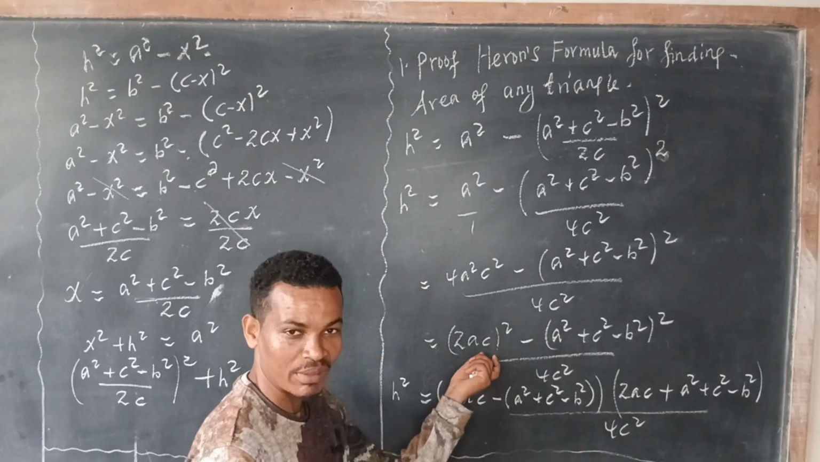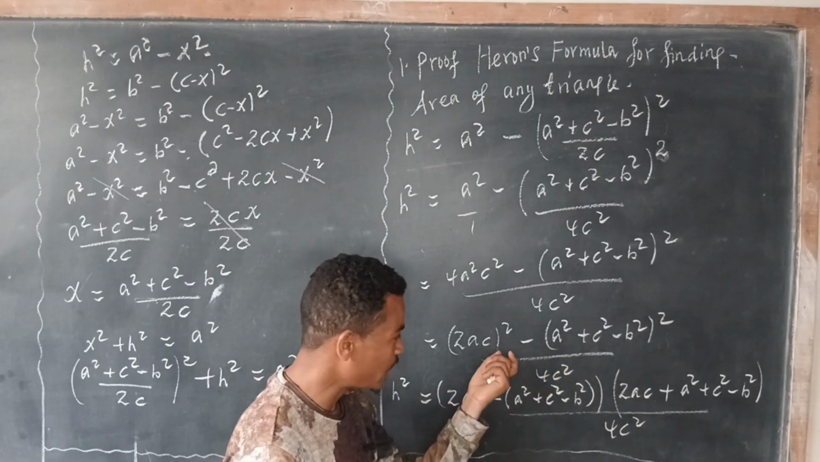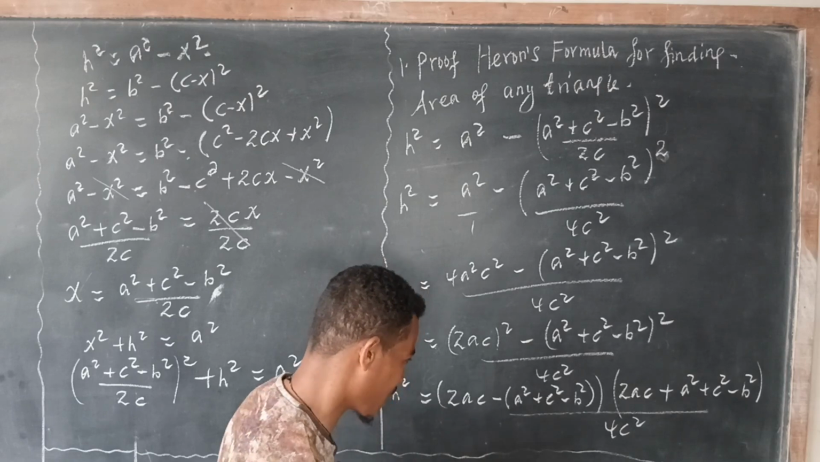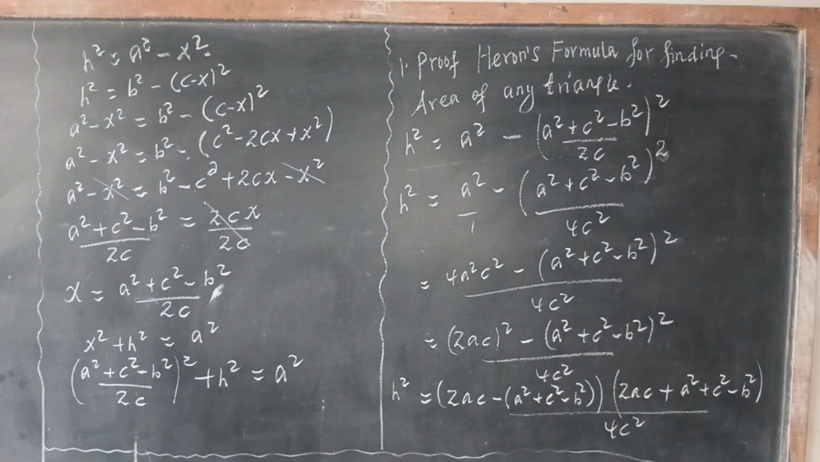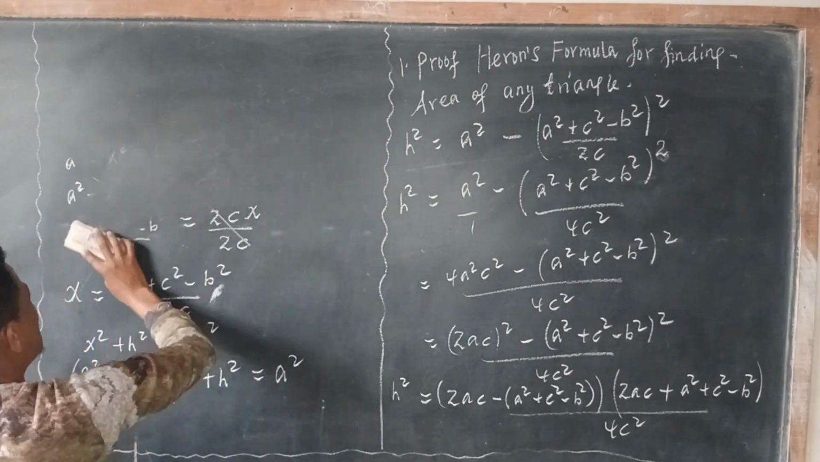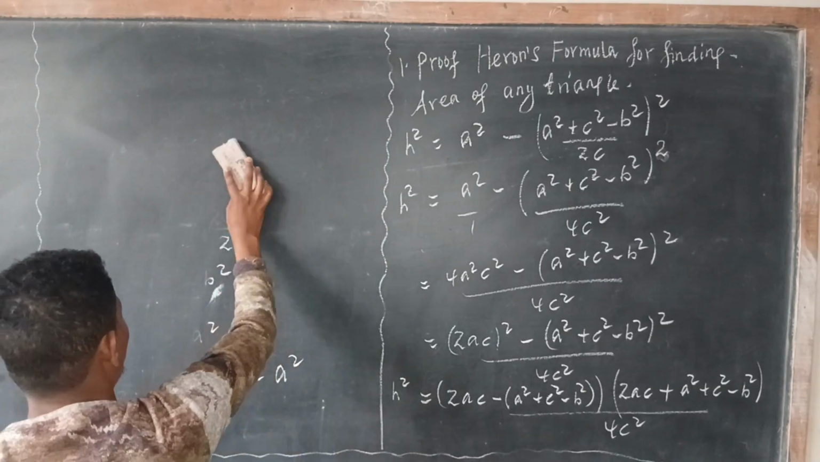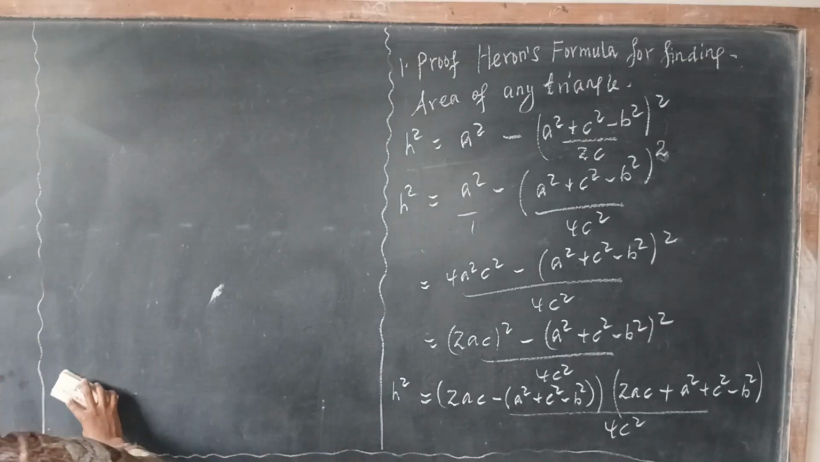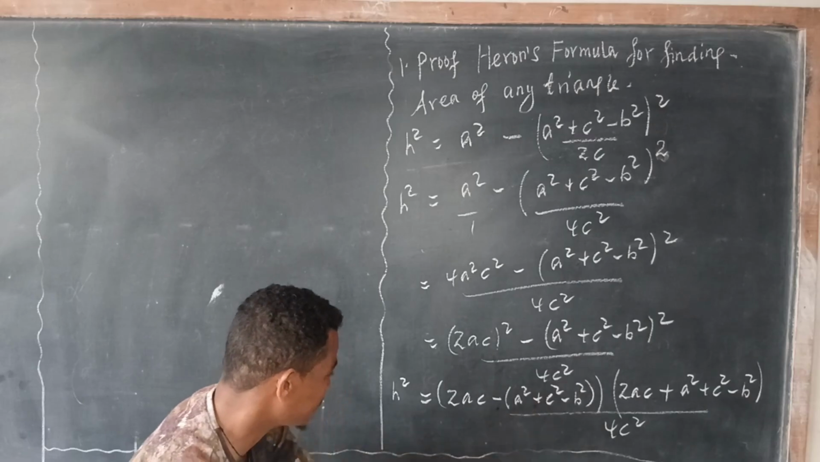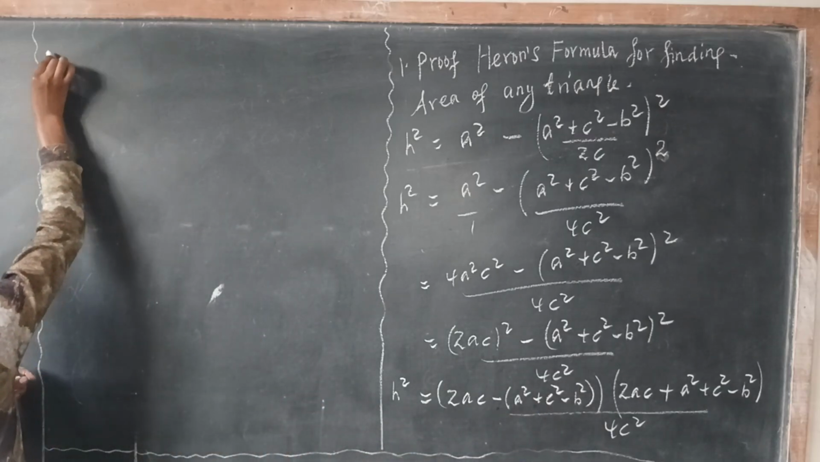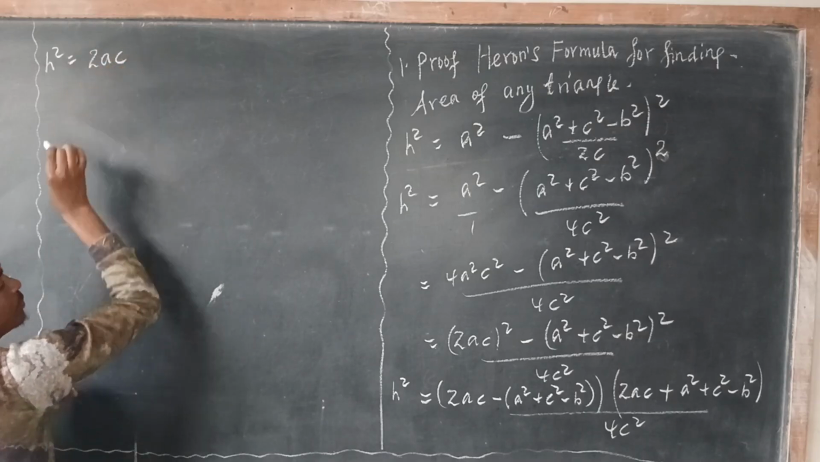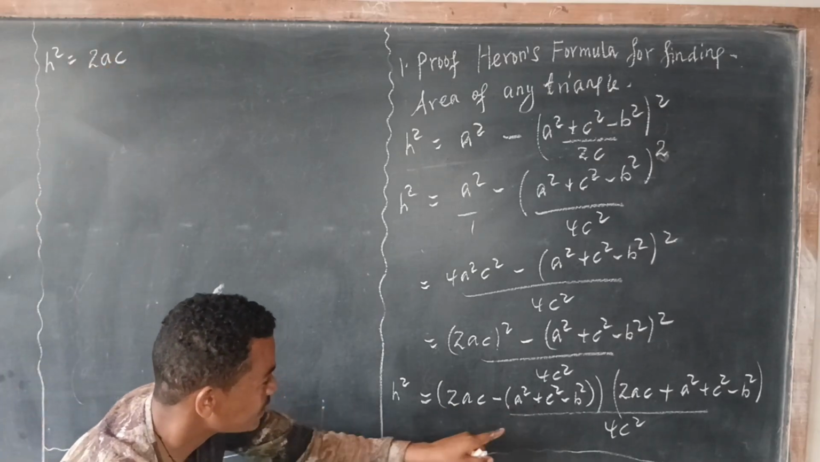Consider a square minus b square, which becomes a minus b times a plus b. Okay. This is the same; h square is equal to 2ac minus a square minus c square